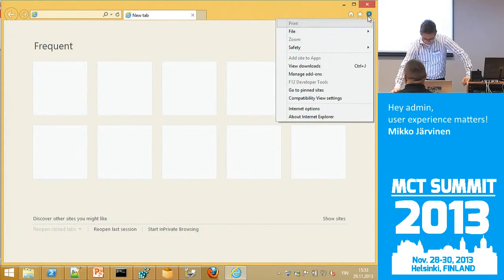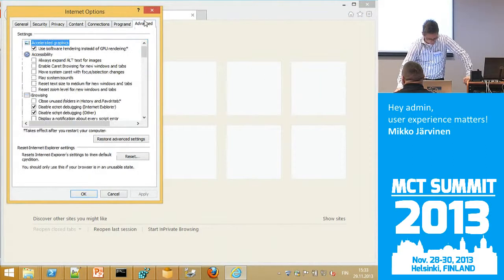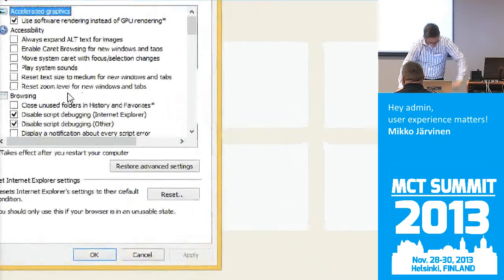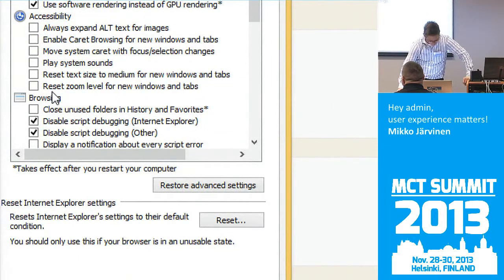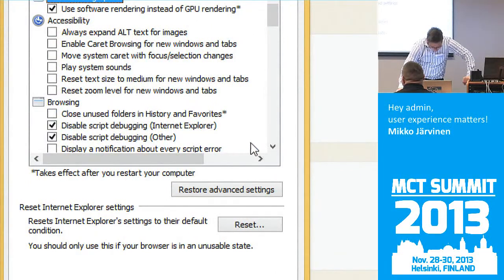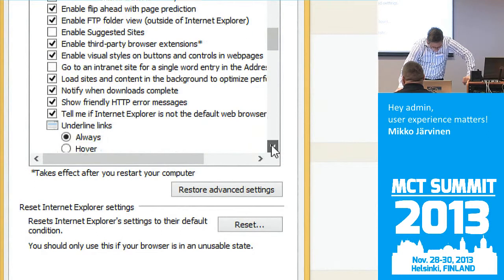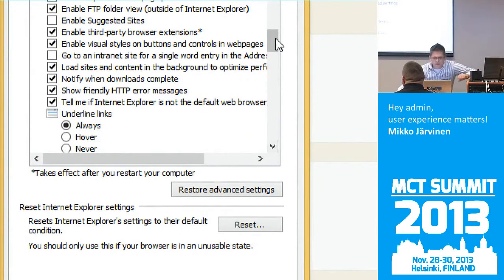So what we want to do is to go to Internet Options, Advanced, and you can shout if you find it before me. It's hard to close here. Where is it? Sorry.